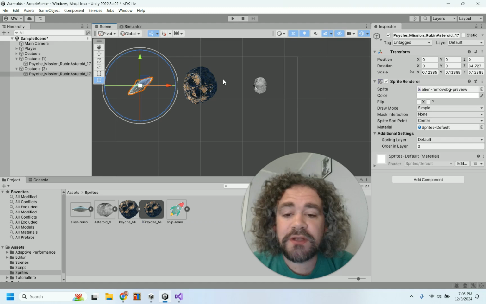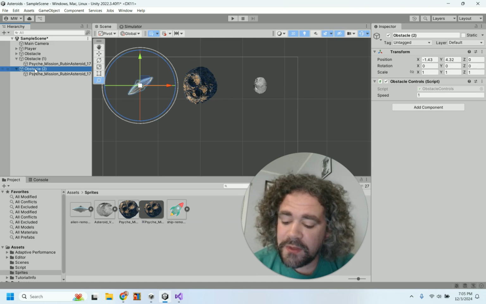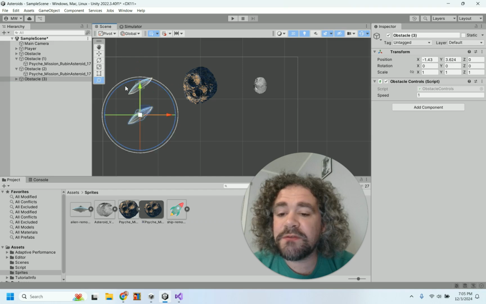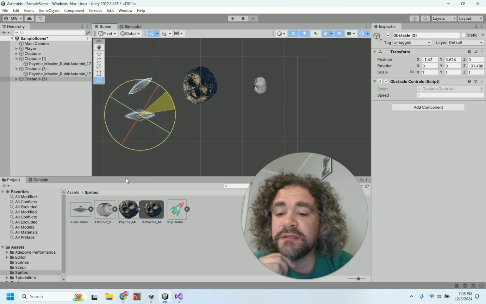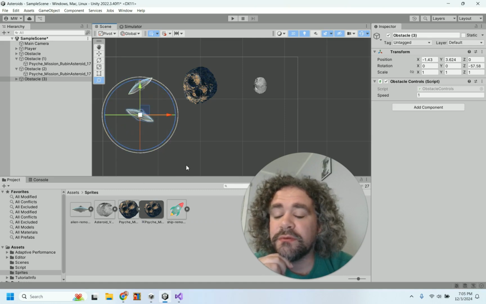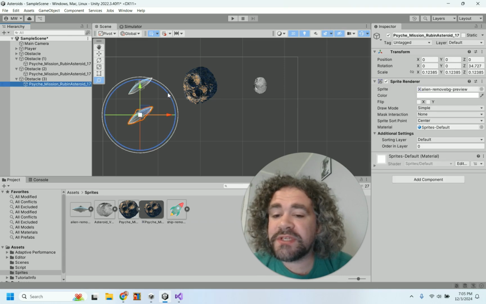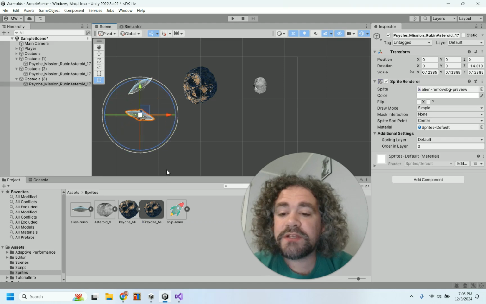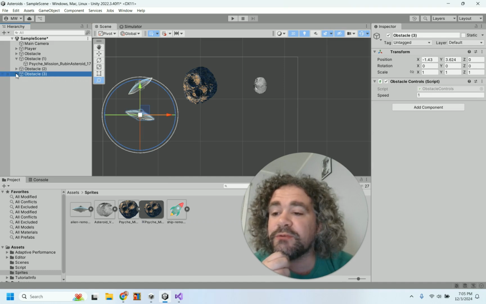I could make more of these if I wanted to. There's no reason to stop at 3. I could do more. Maybe I want to do another UFO that's a different direction. So let me duplicate this one. And maybe I want this UFO to be rotated a different way. So this UFO, I'm going to rotate to that angle. Oops, I rotated the parent object instead of the child object. My bad. Undo, Control Z. I do not want to rotate the parent object, or else down will be a different direction. All right, so now I've got one that goes that way. All right, cool. So I've got several obstacles,